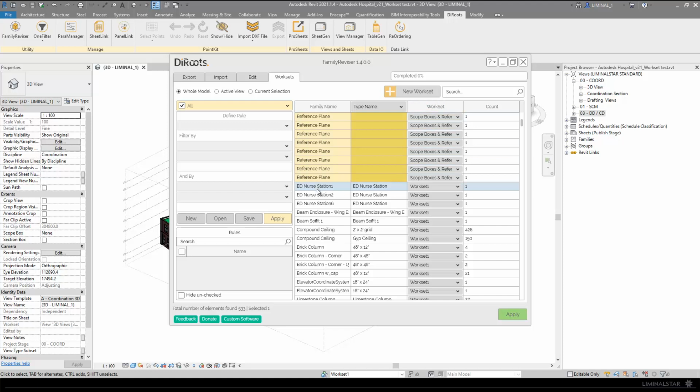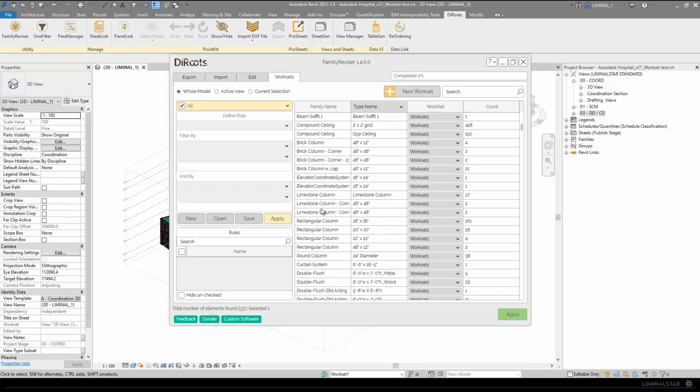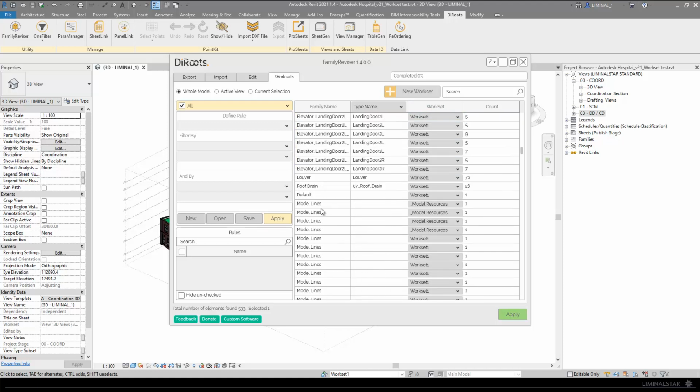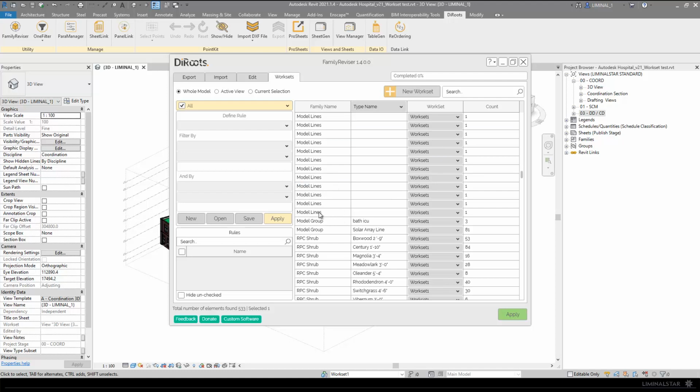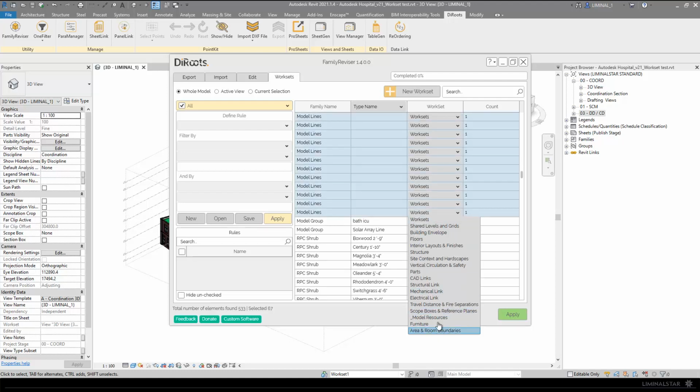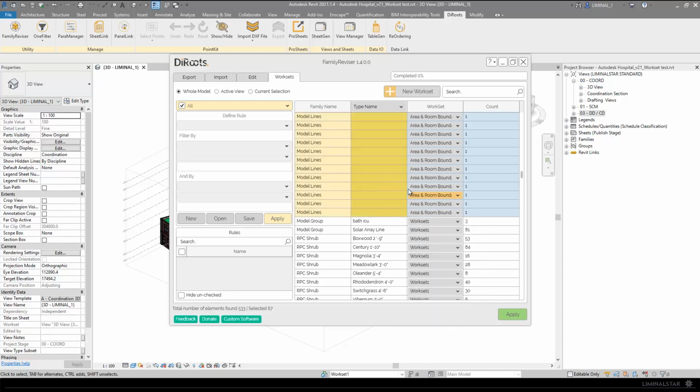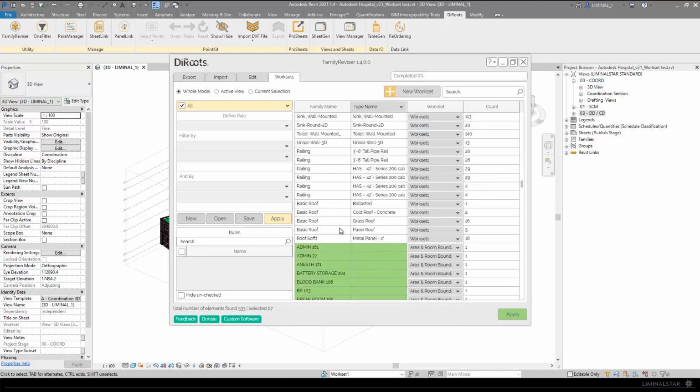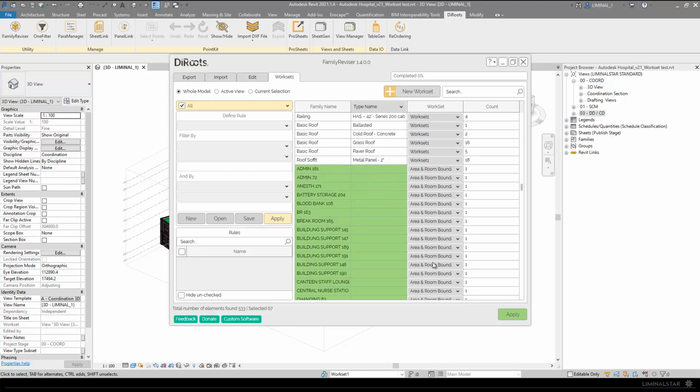Nurse stations. Okay. So I'm starting to see here now, you probably just go down the list and do shift select on a whole lot of these. Let's put that in there. It's probably room separation lines or something to that effect. Model groups. Okay, so let's push this through